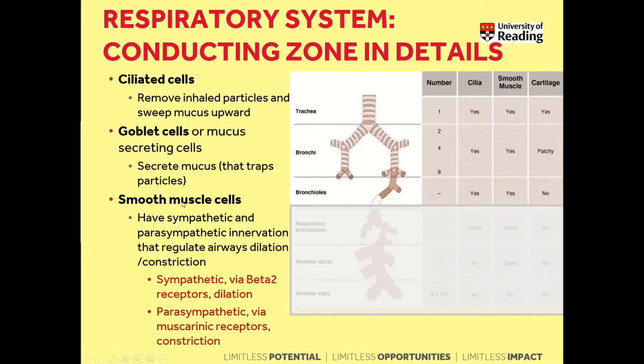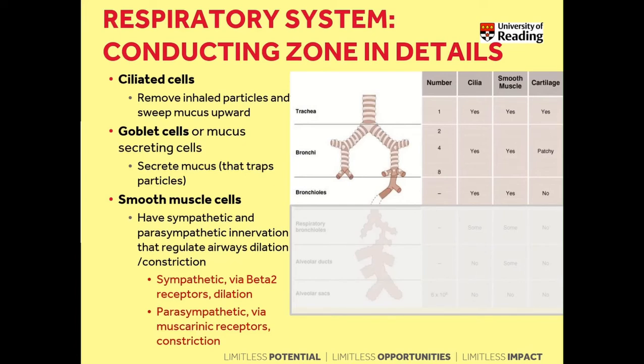You also have smooth muscle cells. They have sympathetic and parasympathetic innervation that regulate the airways dilation and constriction, so bronchodilation and bronchoconstriction. We will talk about that in more detail later on. But just for now, remember that smooth muscle cells can receive sympathetic fibers, and thanks to the beta-2 adrenoceptor expressed in this smooth muscle,